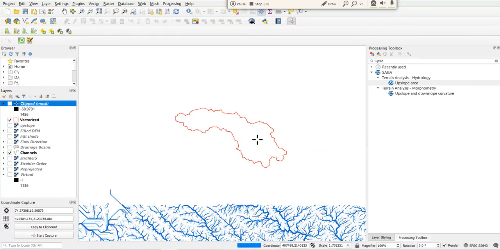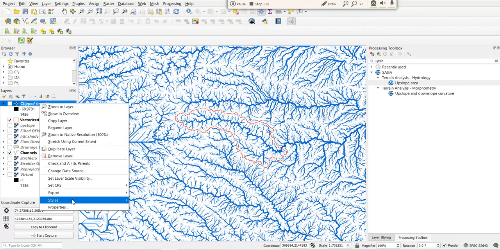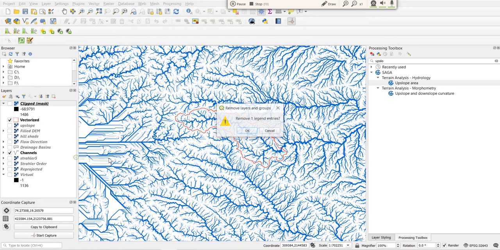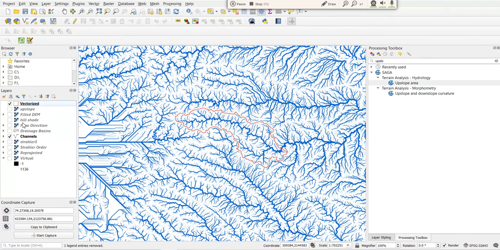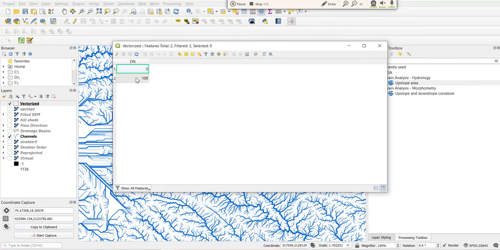The channels are not clipped here, so we just delete it and remove the layer. We need to do one thing first: open the attribute table of this vectorized layer, and there are two values, 0 and 100.